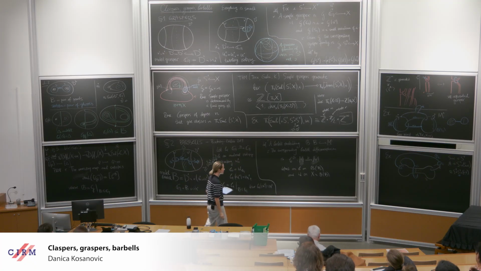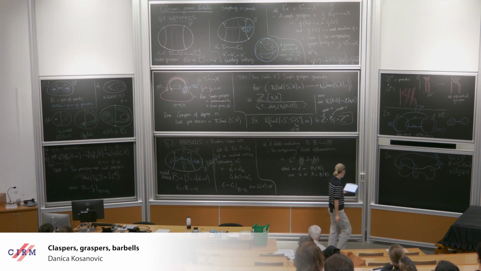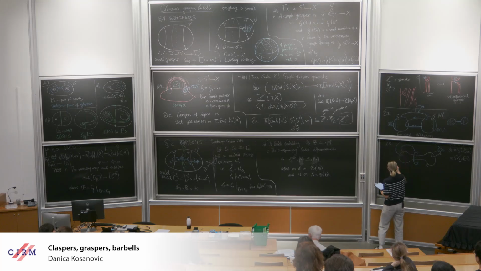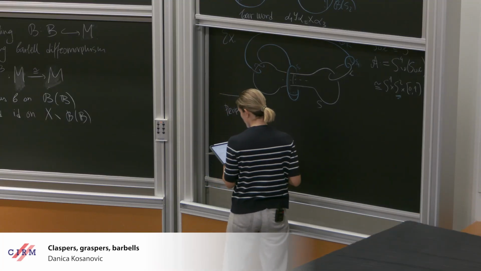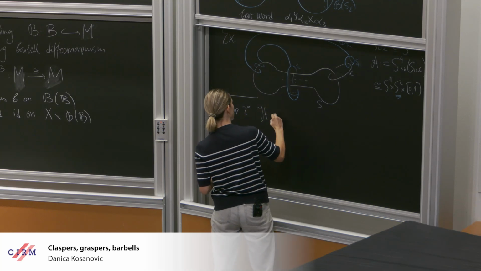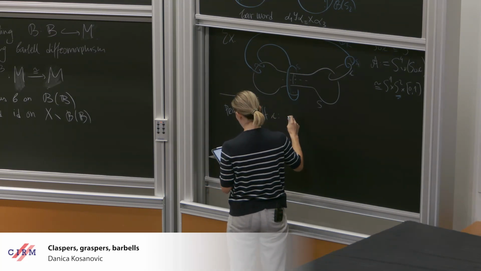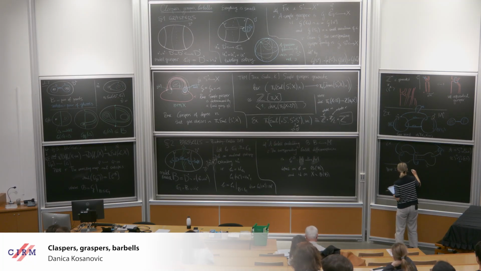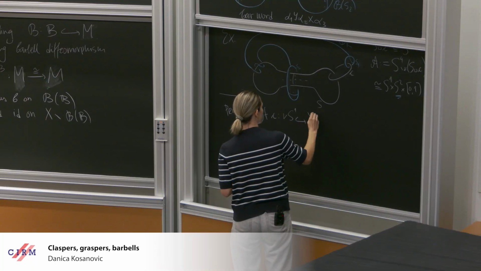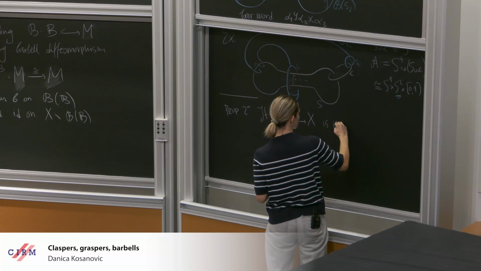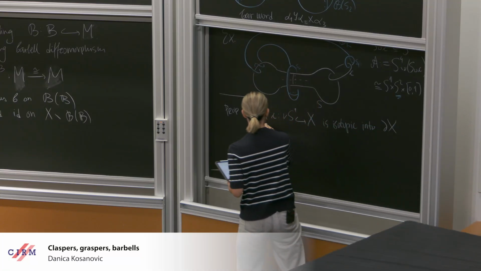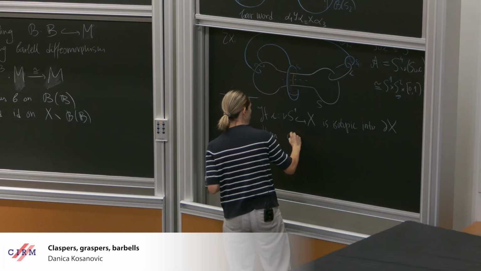Just a bit more space, because I have a part two of the proposition. Sorry, it's going to be on this side. So proposition part 2 is that if you actually had C, which is isotopic into the boundary, then AMB is injective.